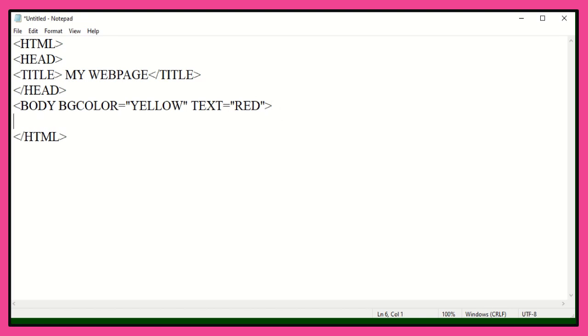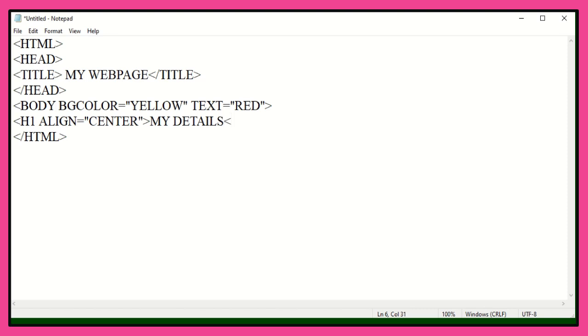Now I am going to give the H1 tag. What is the use of H1 tag, children? It is the largest heading tag. If you want to give the highest level of heading, you can give the H1 tag. I would like to display my details in the highest level of heading.